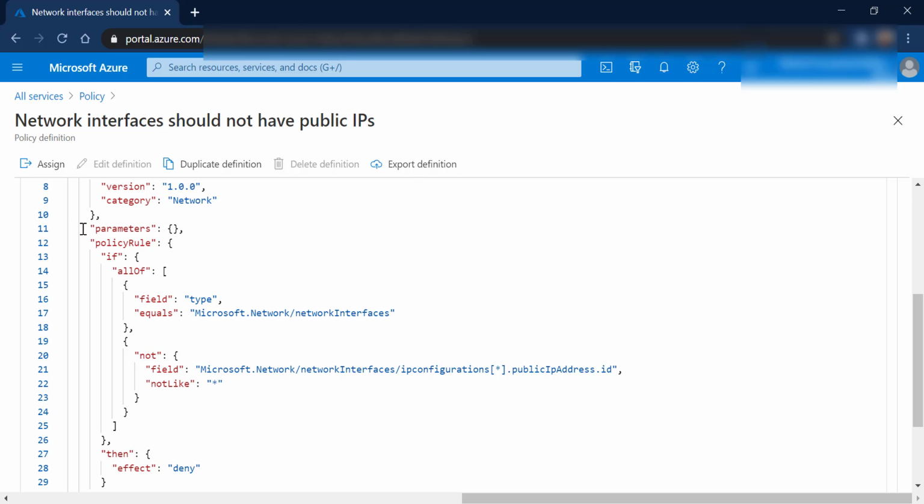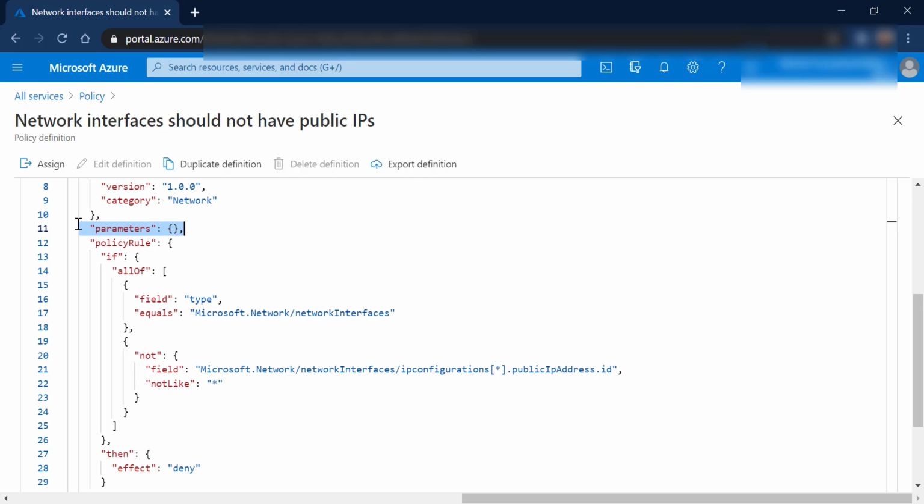Next, you have the important thing about the parameters. Let's say you would like to pass on any specific parameters to use for your policies, then you can pass on the parameters. If you are familiar with the ARM template to provision resources in Azure, then you would find this very useful, very similar, because in the ARM template also you would have the parameter section and then the resource section.